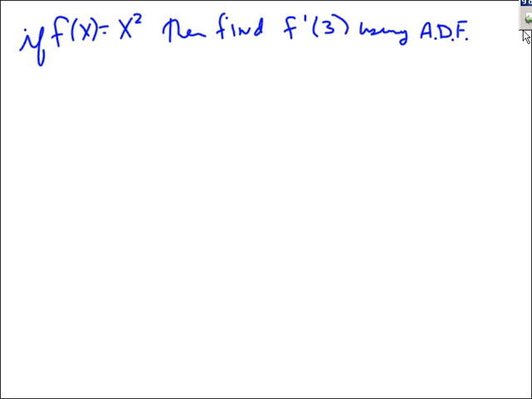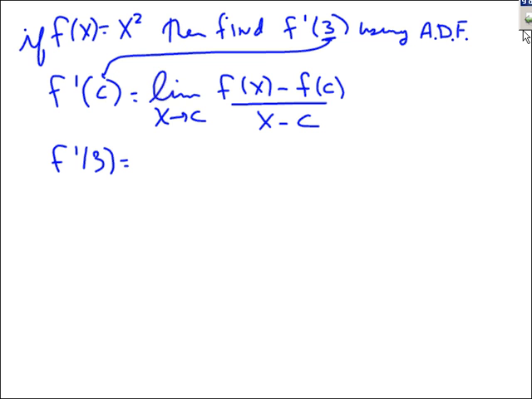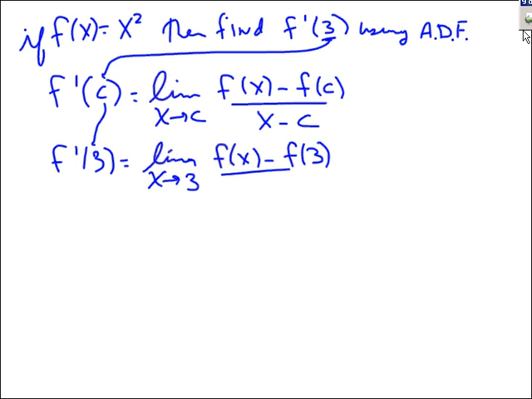Now, we use the alternate derivative formula. We know that f prime of c is equal to, by definition, the limit as x goes to c of f of x minus f of c over x minus c. But I'm telling you what c is. F prime of 3, well, I'm replacing c with 3. Is the limit as x goes to 3 of f of x minus f of 3